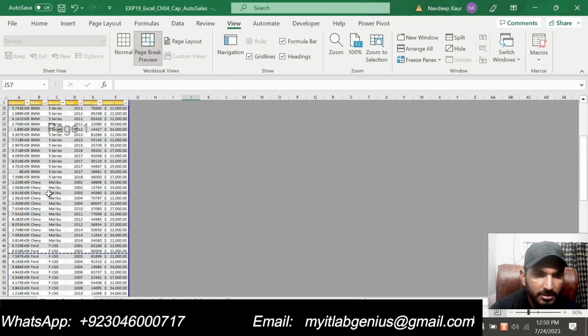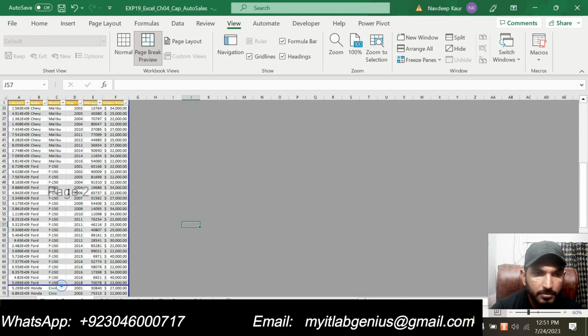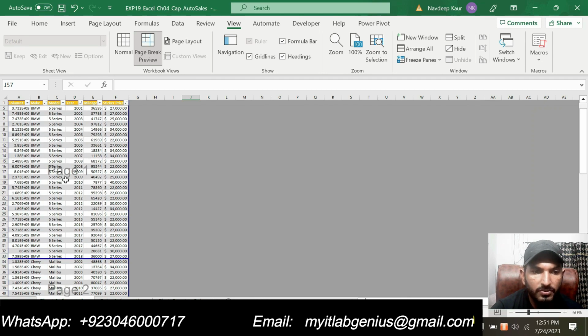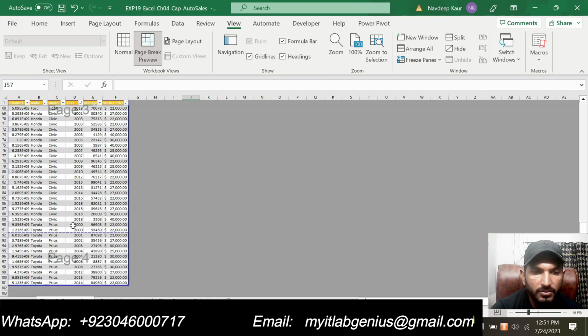So you can see that we will move this page break up and also this page break here, so on page 1 BMW will be shown, on page 2 this one, on page 3 this one, and on page 4 this one.